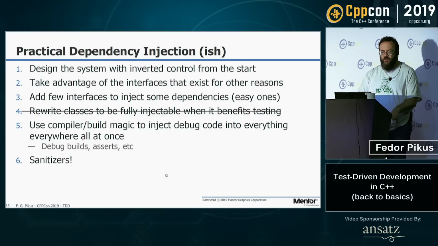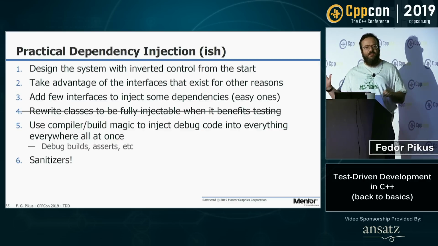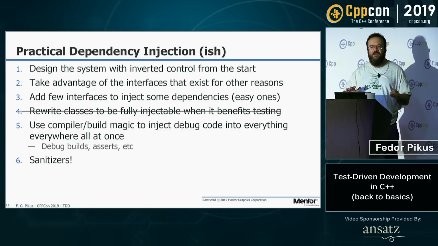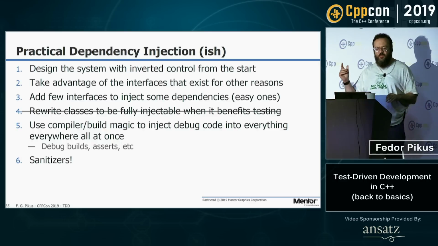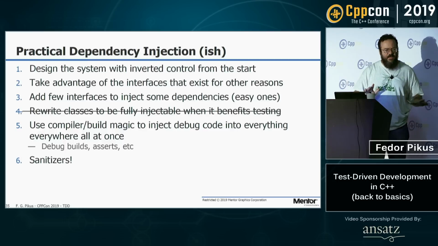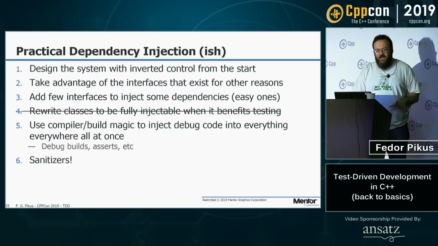We're going back to compiler magic. We've already seen the compiler magic. I didn't inject a new vector, I just tricked STL into injecting a new vector for me because I had the pound define. There is another way to do a similar thing, and that is to use the sanitizers. And that's the last idea that I want to leave you with.